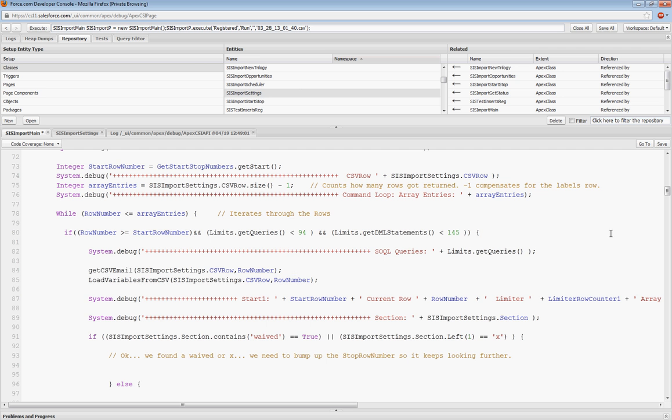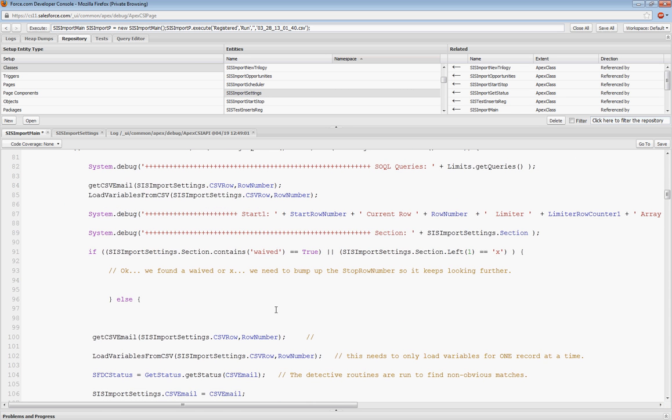Okay, next, we do want to get rid of individuals. There are some that come in where the people are waived, or the session that they're signing up for starts with an X. If it contains waived or the leftmost character, the first character, is X, we don't want to mess around with it. Okay, so this is how we just cut it out. We just say if it's this, do nothing. But if it's not one of these wasted ones, then let's do some more work. So the first thing,